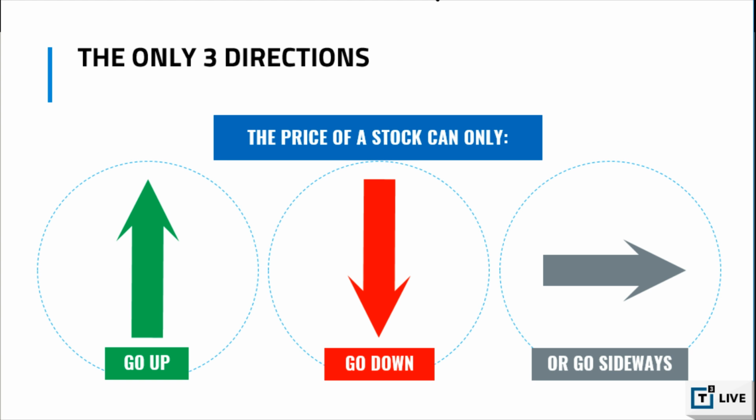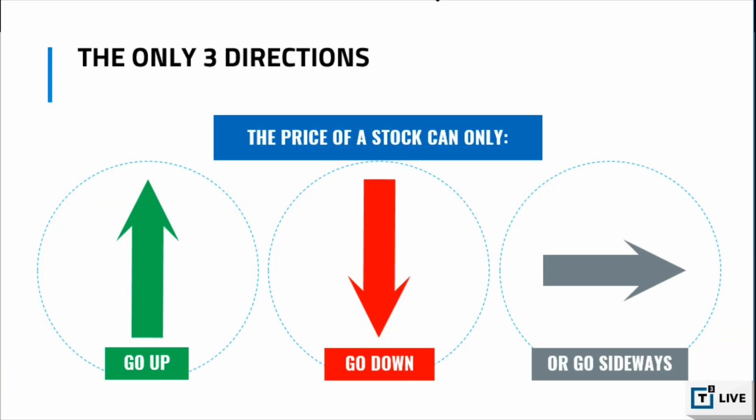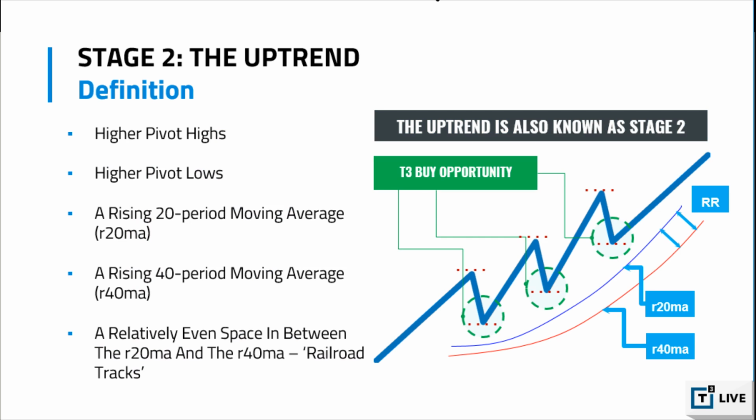So we talked about pivots, so reversals form pivots, and pivots form trends. So that's how they're connected. Reversal bars form pivots, and pivots form trends. Now we only have 3 trends actually. The price of a stock can only go up, down, or sideways. The uptrend is defined as